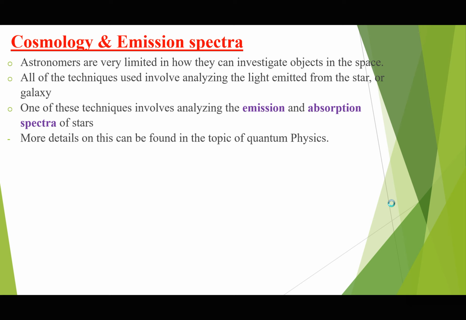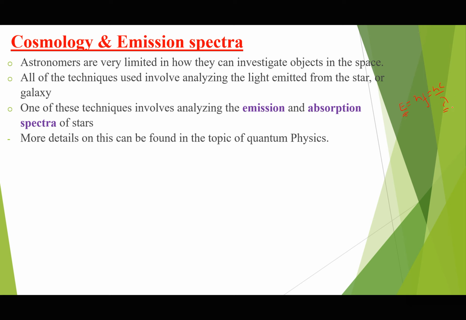as light travels through space, it passes through cooler layers of gas, such as hydrogen. And as light travels through cooler layers of gas, some photons of light are always absorbed. And if those photons are absorbed, it means those wavelengths are absorbed, because each photon, as mentioned in quantum physics, corresponds to a wavelength. In quantum physics, you must have seen that the energy of a photon is equal to hf, which is equal to hc divided by the wavelength, meaning that each photon corresponds to a wavelength.